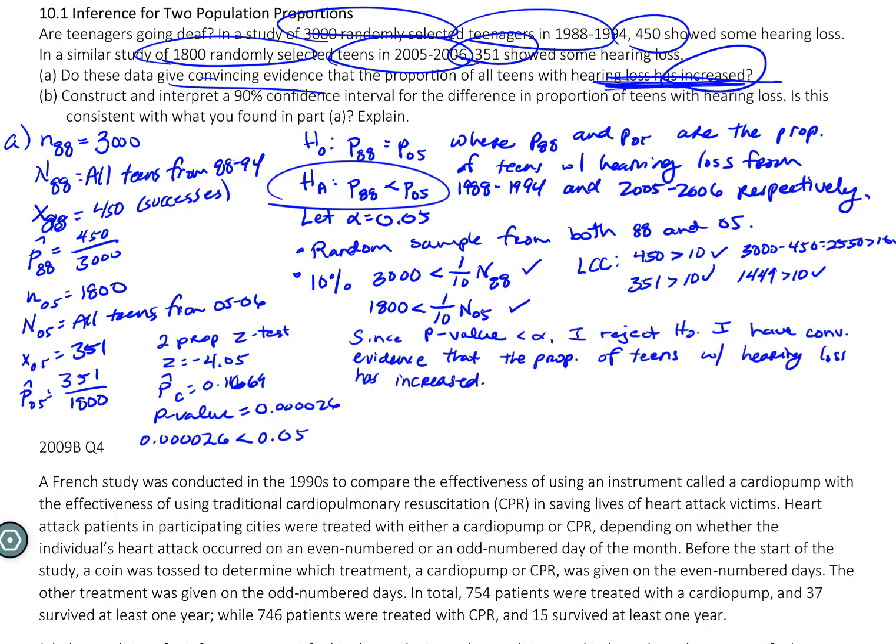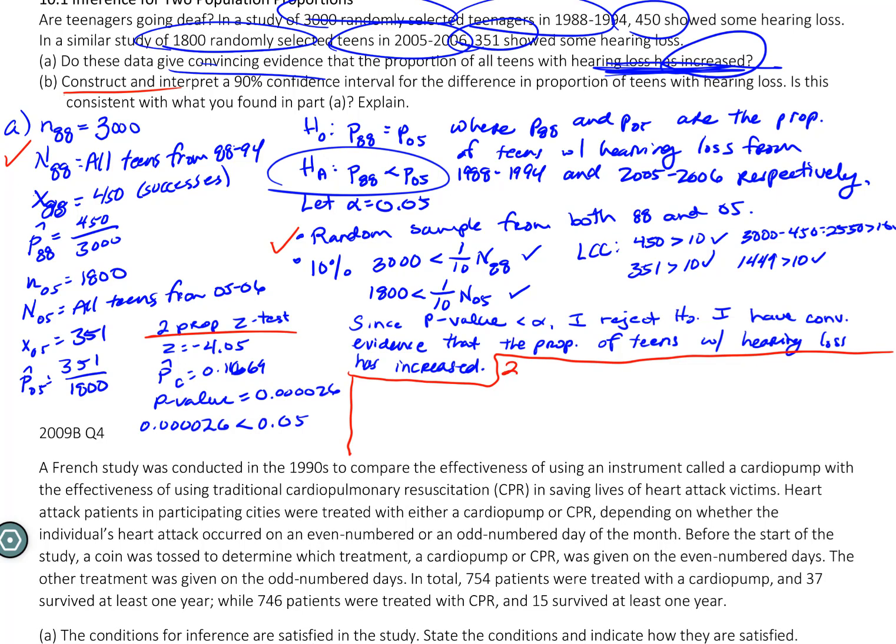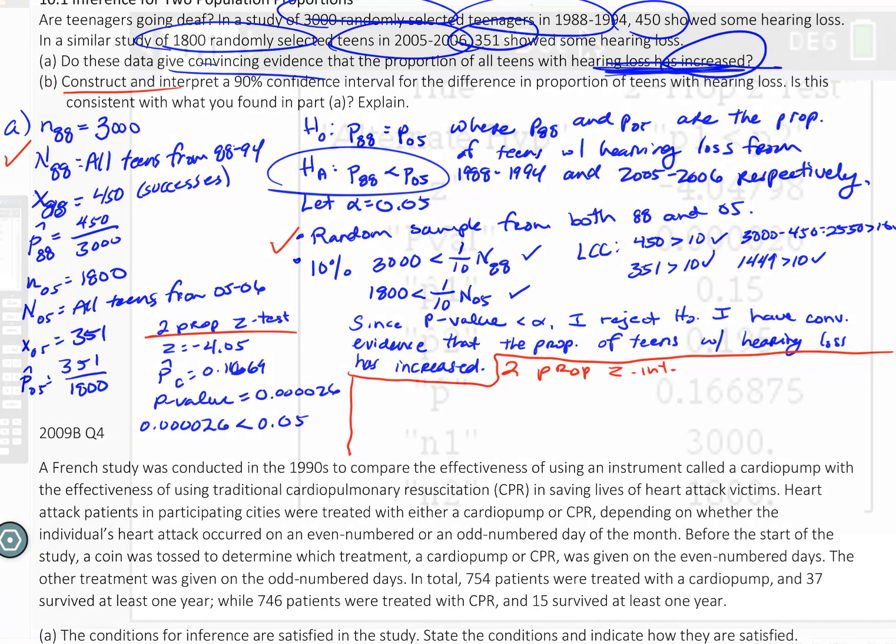All right, so yeah, that was a lot. And guess what? We're still not done, because look, we need to answer part B. But the good thing is we've already done most of the legwork for part B. We've already written out all of our given information. We've already checked all of our conditions and all of that stuff. So here, when we're constructing and interpreting the 90% confidence interval, most of this is calculator work, okay? You can guess what kind of interval we're going to be creating. Since we did a 2-prop z-test, we're going to be making a 2-prop z interval. So let's go to our calculator and figure that out.